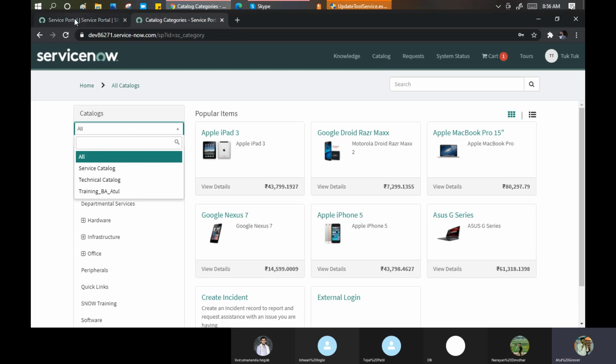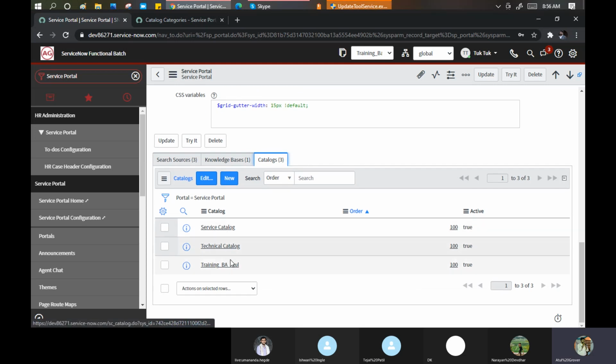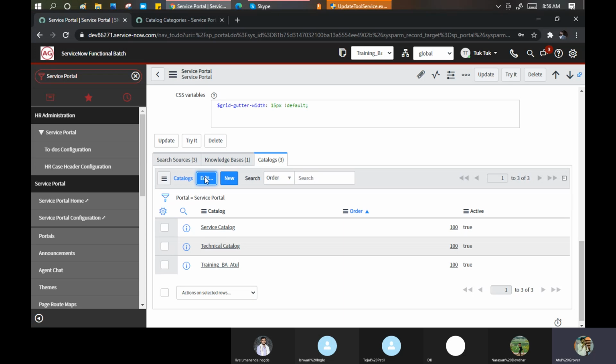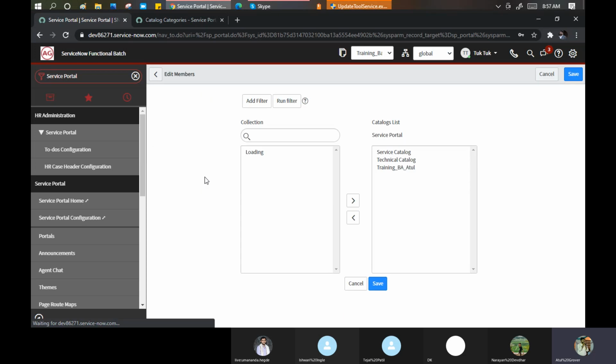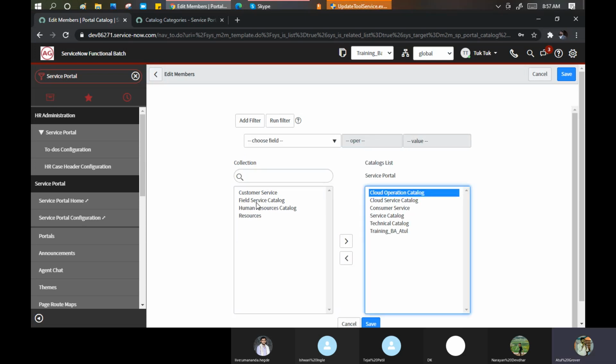Okay, so if you go to the service portal and go to the catalogs, these are the three catalogs I mapped here. If I want to add one more catalog, I'm not saying catalog item, remember, I'm talking about the catalog, I'm talking about the menu card now. Let me put this as well, let me put this as well, everything I put.